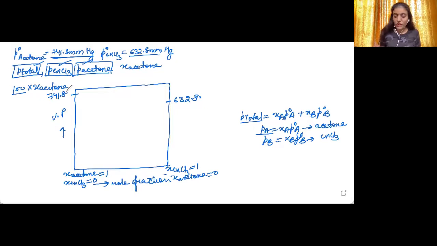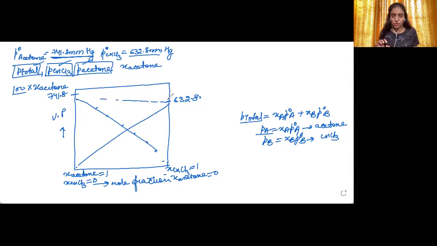Okay, now the values that we will be calculating from these formulae, we will be putting the points, joining them with the line again in this direction also. Then we will be drawing this curve, that is the total vapor pressure curve. If this comes out to be like this, it will be the negative deviation from the Raoult's law or the ideal behavior. If it comes out to be like this, then it will be a positive deviation from the Raoult's law, that is ideal behavior.